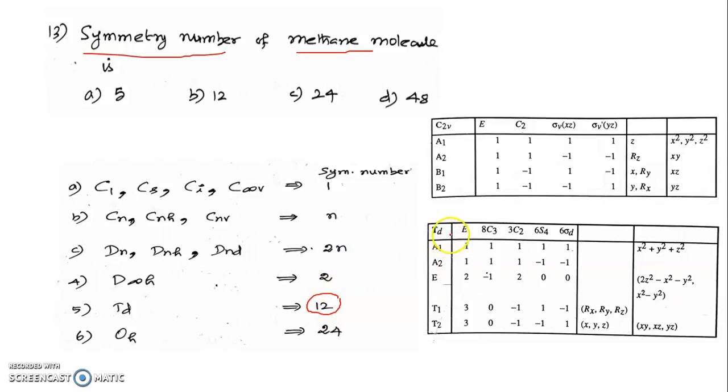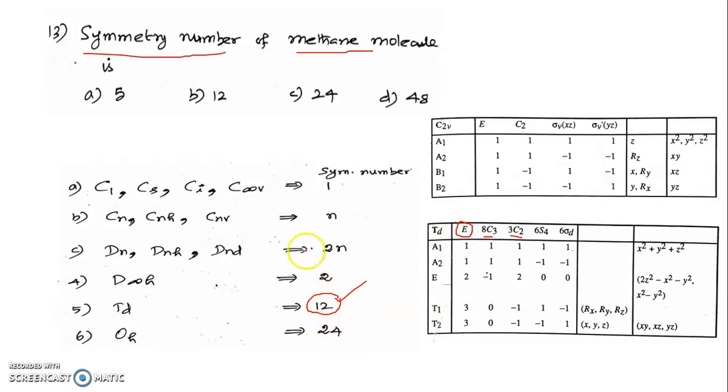Listen, in the Td point group, see the rotation operations, right? These two are rotation operations. Now you know very well, if you perform a C3 operation or C3 square operation, you will get an equivalent configuration. So here we have 8 C3 operations, here we have 3 C2 operations, so 8 plus 3 is 11, and the identity operation. What is the identity operation? Doing nothing, or you can say it is a rotation of 360 degrees. Rotation by 360 degrees is equal to the identity operation. So you must consider the identity operation also as a 360 degree rotation operation. So the total number of operations is 3 plus 8 is 11, 11 plus 1 is 12. So the symmetry number is 12.